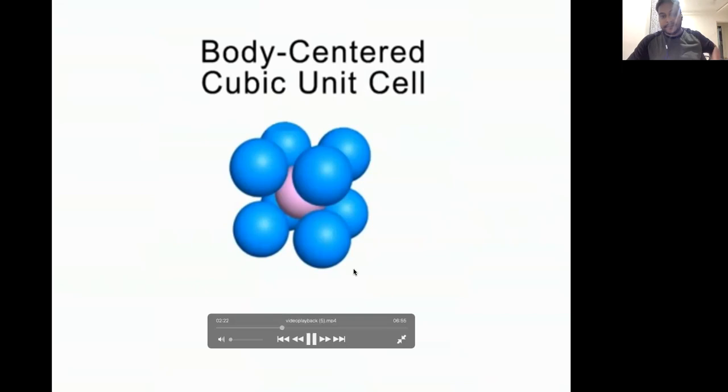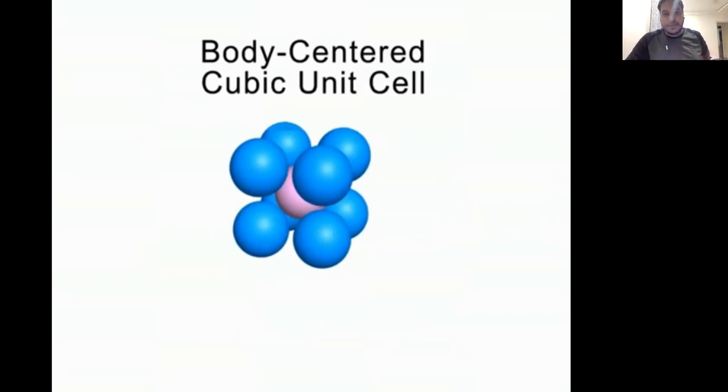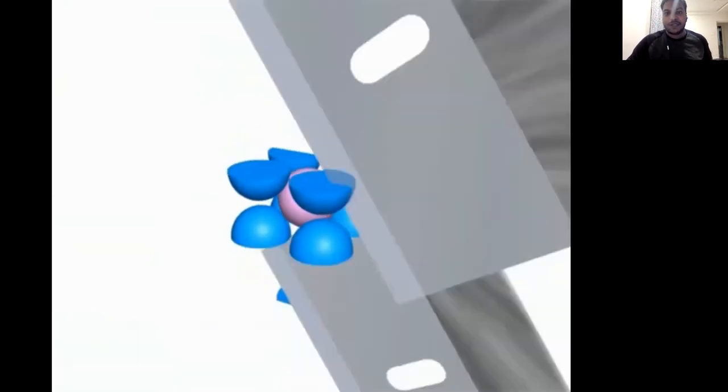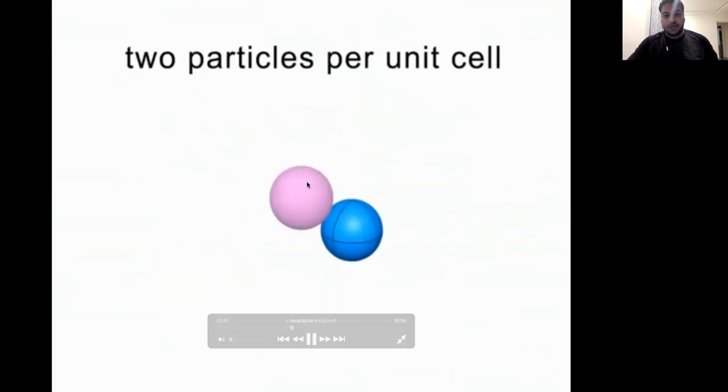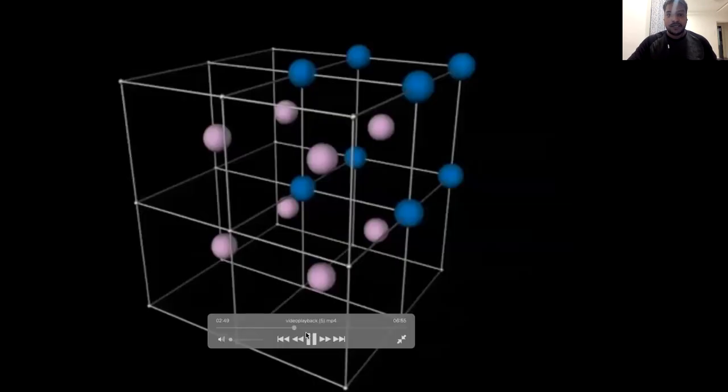Now look at this. This is how the body center is. Now, if I slice it from all the various directions, you should be able to figure out how exactly the contribution is from all the corners and from the center, or what we call the body center. So I guess you can understand that. So 1/8 contributions, all of them are becoming 8, and one at the center, that makes 2 atoms, which means the rank is 2 for BCC.